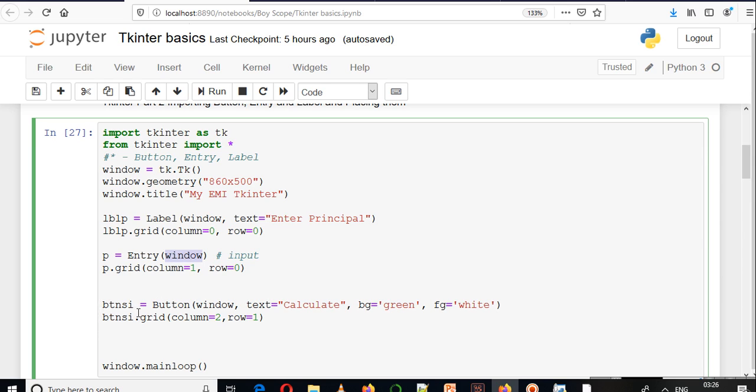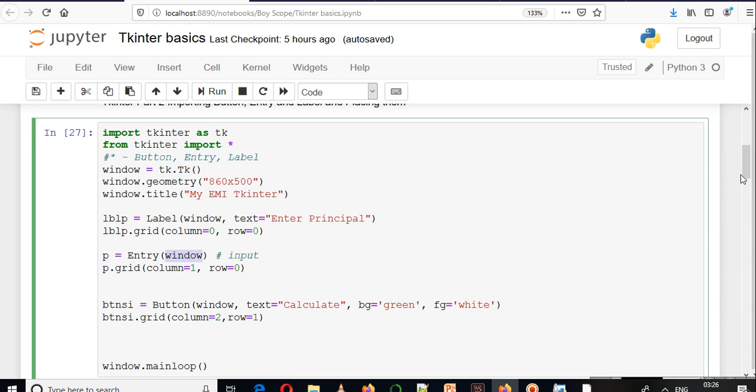And then we have similarly discussed how we can create a button here. Button has 4 arguments: window, text, BG, FG. Remember, there are many arguments that are not mandatory actually. These are optional arguments, like BG is equal to green, FG is equal to white.